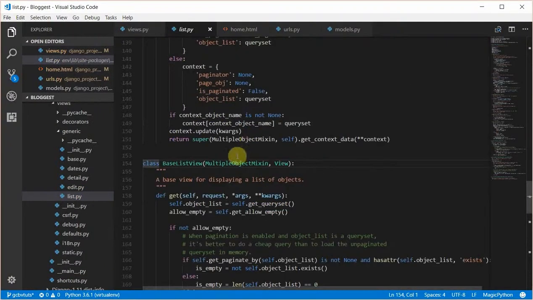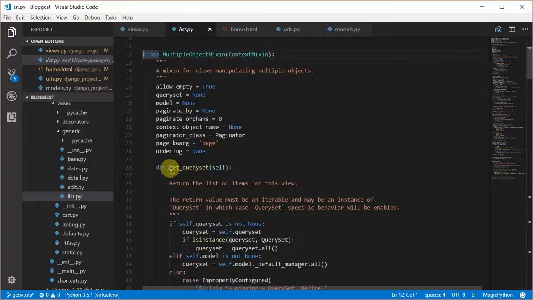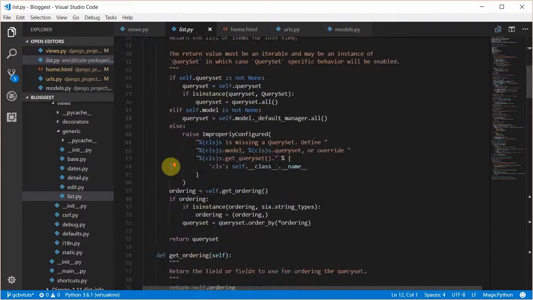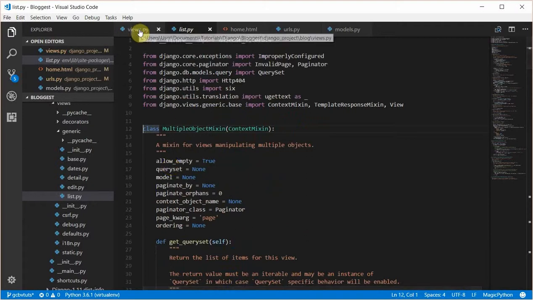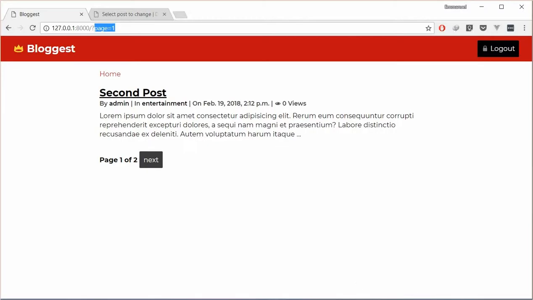We'll go to base list, multiple object mixing. So this is the class, and we're going to be talking about how to override some of all these methods in future videos, but that is just the basics of the list view. So I think the next thing we should be doing now would be to create a detail view,